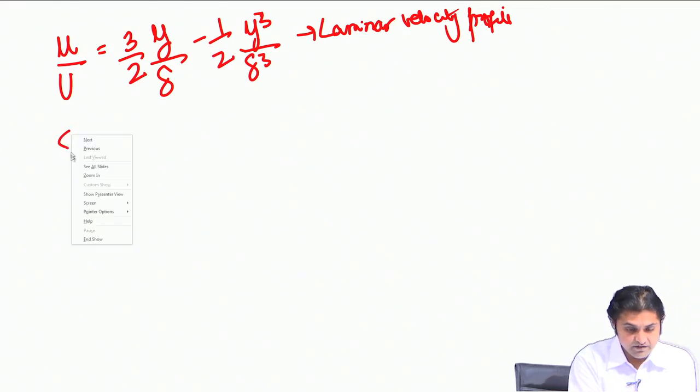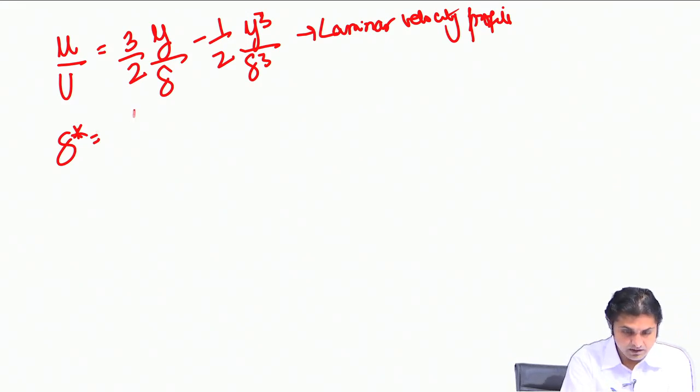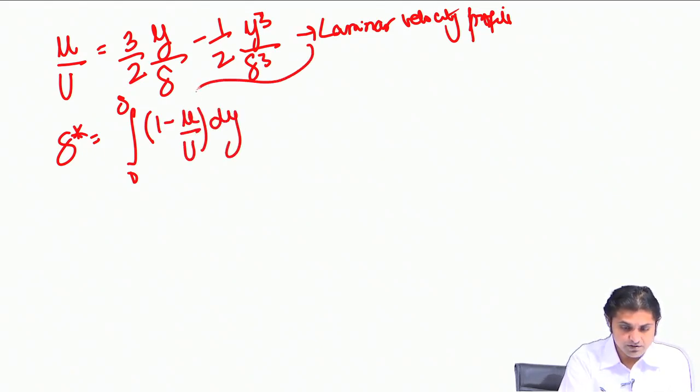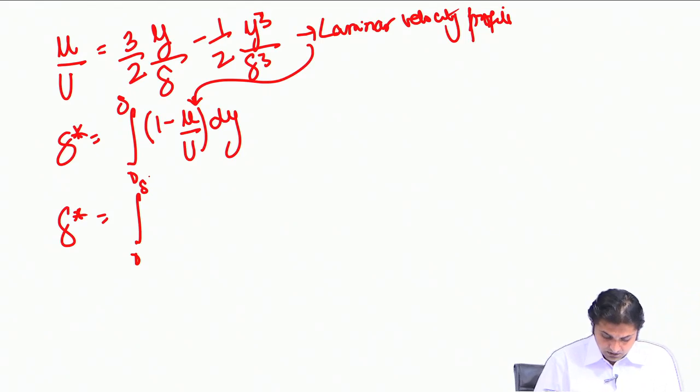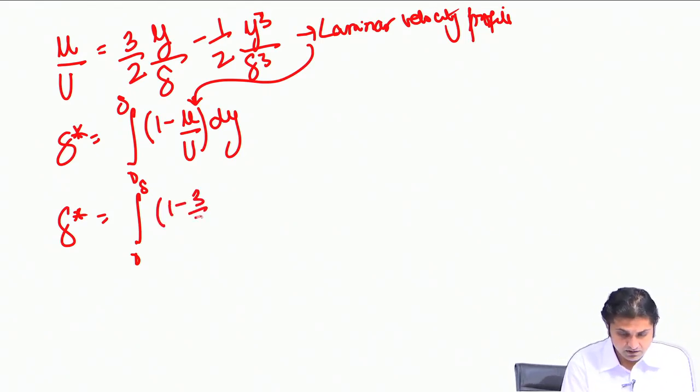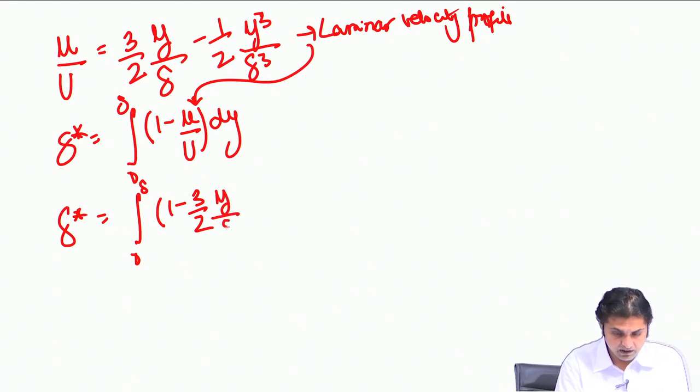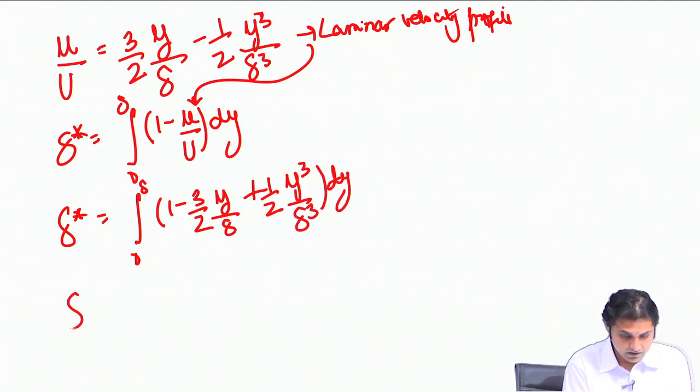and therefore, by definition the displacement thickness is integral 0 to delta of 1 minus u by capital U dy, and we substitute this velocity profile here and we are going to get integral of 0 to delta of 1 minus 3 by 2 y by delta plus half y cube by delta cube into dy,